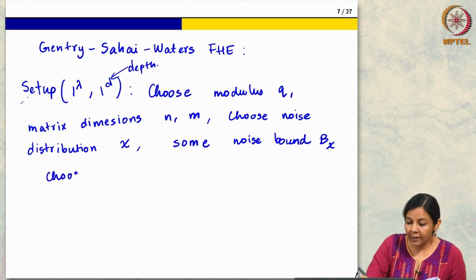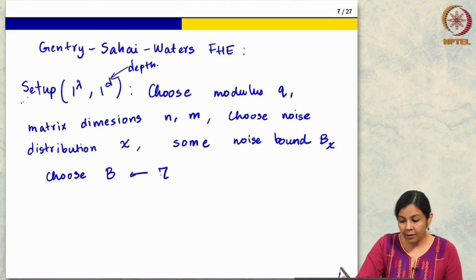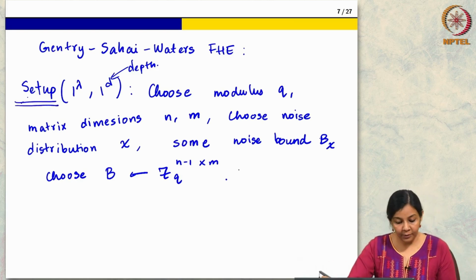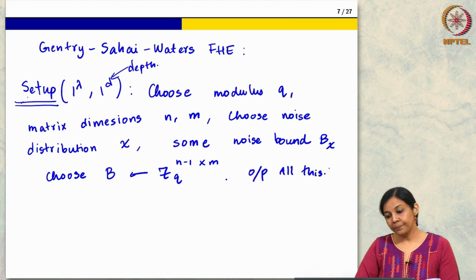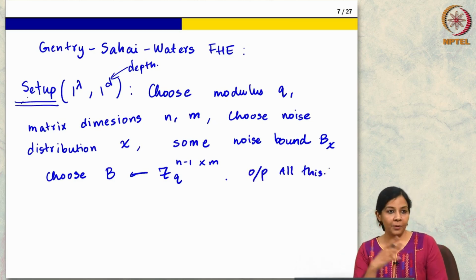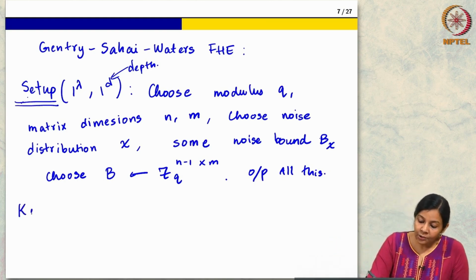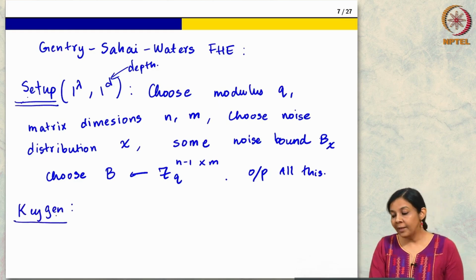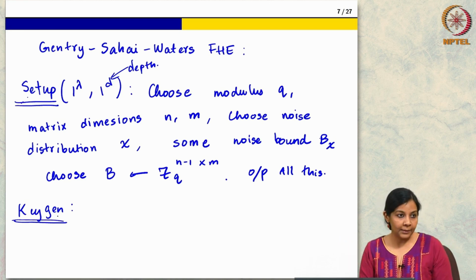Okay. So, what this will do is that it will sample all these parameters and then it will choose a matrix B from Z_Q^{(n-1) x m}. Okay. And it will output all this. Okay. So, this is just like setting up the basic parameters in the scheme. So, this is our setup. Now, we will actually choose the public and the private key. Okay. So, key generation. So, by the way, these parameters I will assume are implicitly input to all the algorithms,